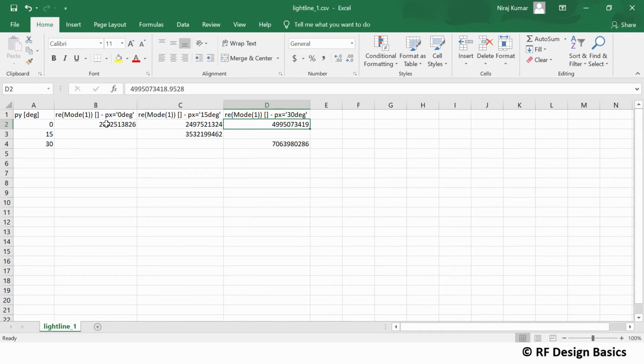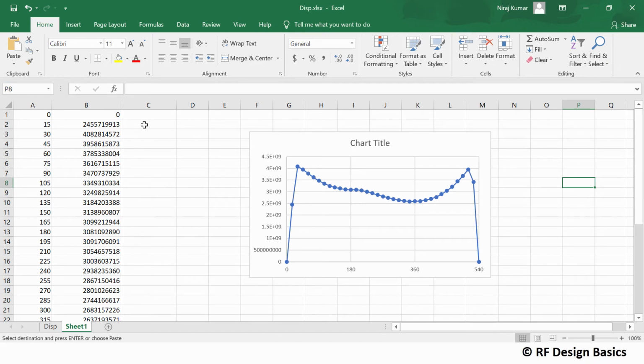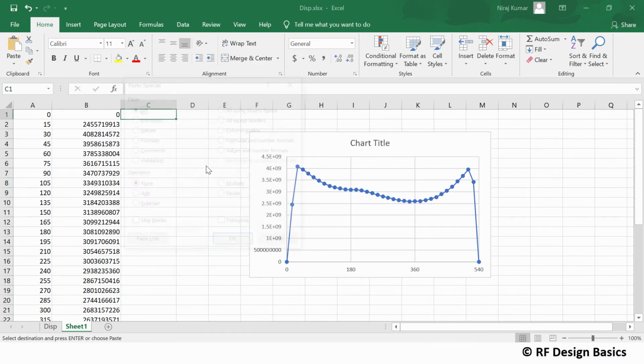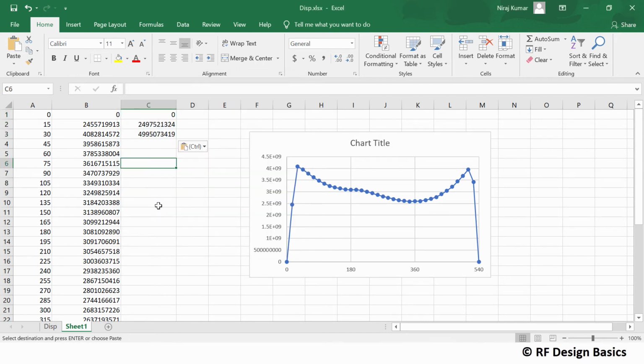So 0 degree we will take 0 only, because at 0 degree it will be 0, it's not giving the correct value. Once you put it 0, copy this row which is for Px0, Px15, Px30 and paste it in the next column as transpose, so that it will become the column.